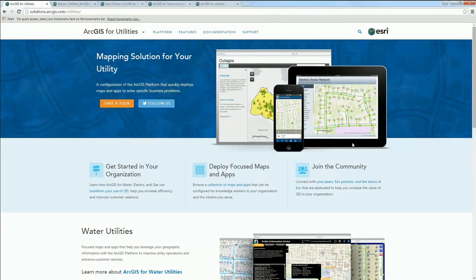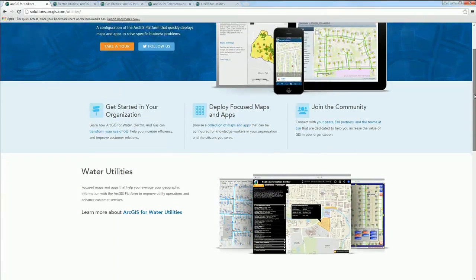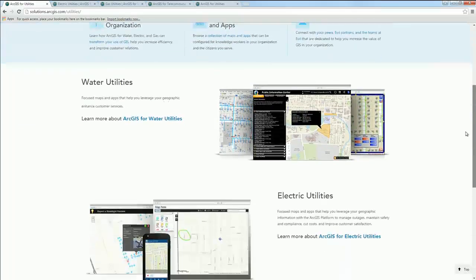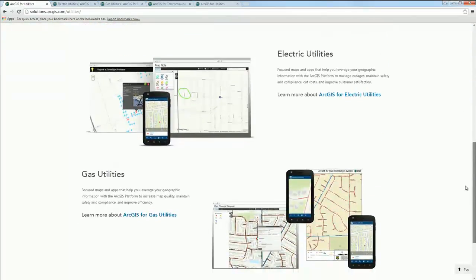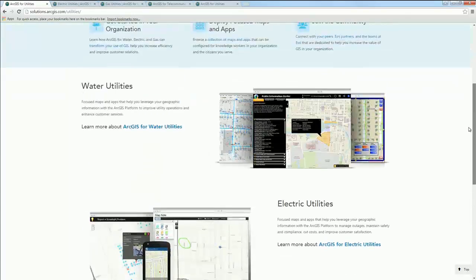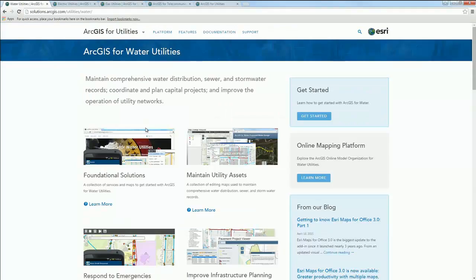When you click on the utility link, it will take you to ArcGIS for Utilities. Here we've even grouped them even further into water, electric, and gas. Let's take a quick tour of ArcGIS for Water. When you click on the ArcGIS for Water link, that'll give you an overview of all the focus templates we have for the